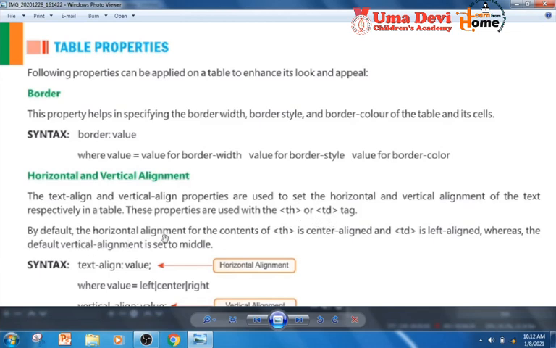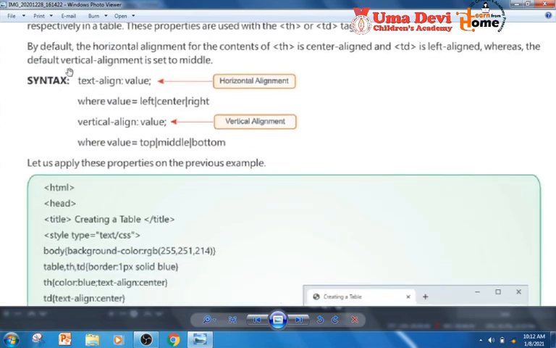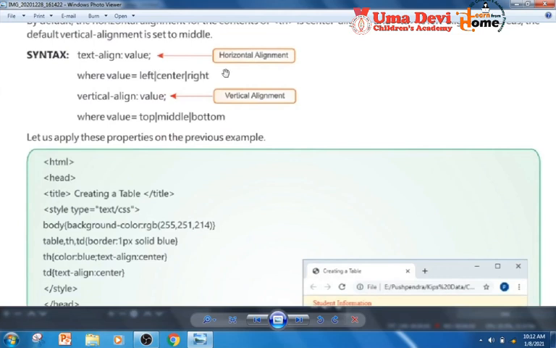By default, the horizontal alignment for the contents of the th tag is center aligned and the td tag is left aligned, whereas the default vertical alignment is set to middle. The syntax is text-align: value, horizontal alignment, where value equals left, center, right. Next is vertical-align: value, where value equals top, middle and bottom.